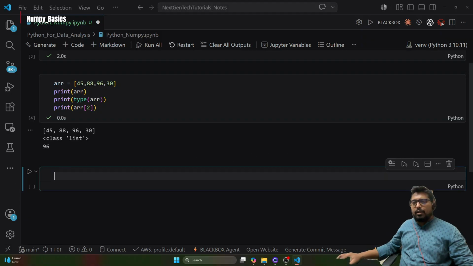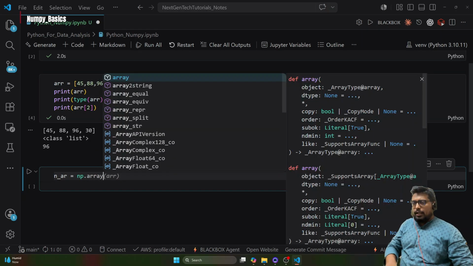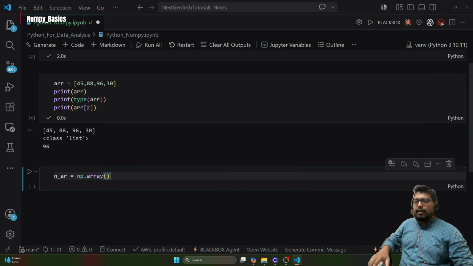So let's say I want to create a numpy array. Let's say nar, I'm just naming it, okay? And to create a numpy array, as you can see, we have to do np dot array. And let's say I want to put different numbers. I don't want to use the same numbers. Let's say I want to use